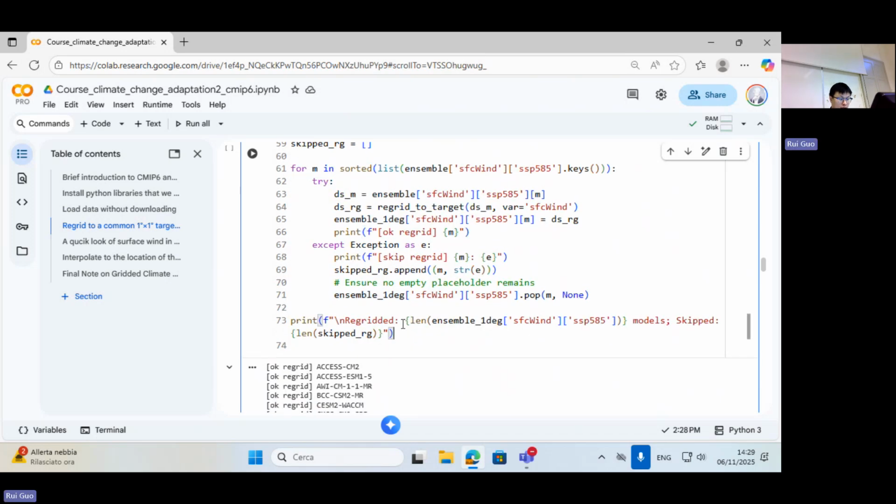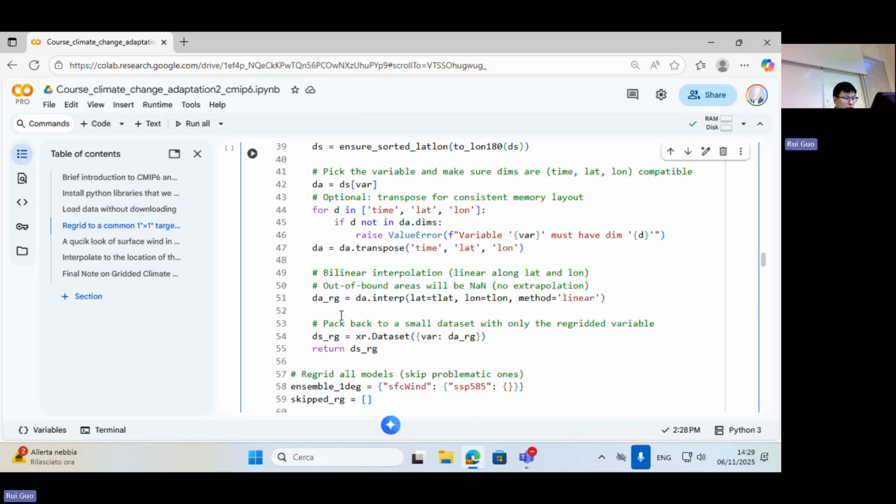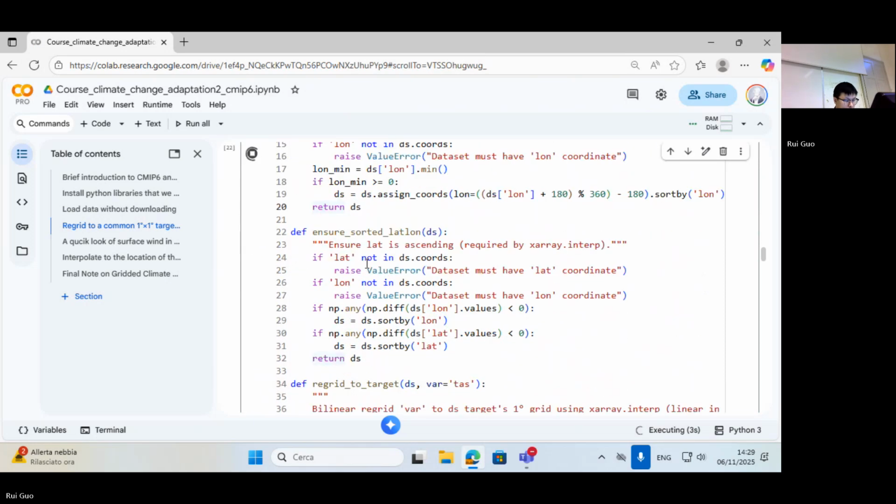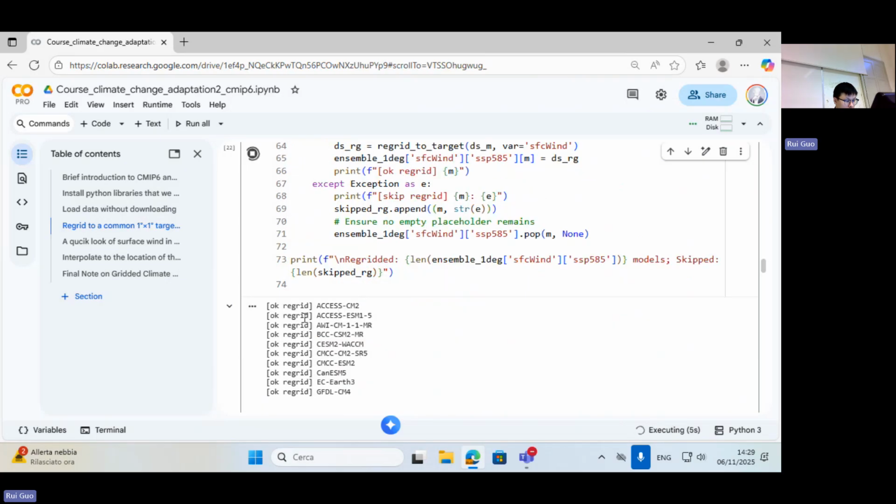And the same as we did with the time axis, we can give a summary in the end. Like after all the regrid, we can print how many models we succeeded in regridding into our target and how many were skipped. Okay, we can do the same. So we can click the running cell here. And it will have the same, like you can see, it's very quick because even after the regrid,